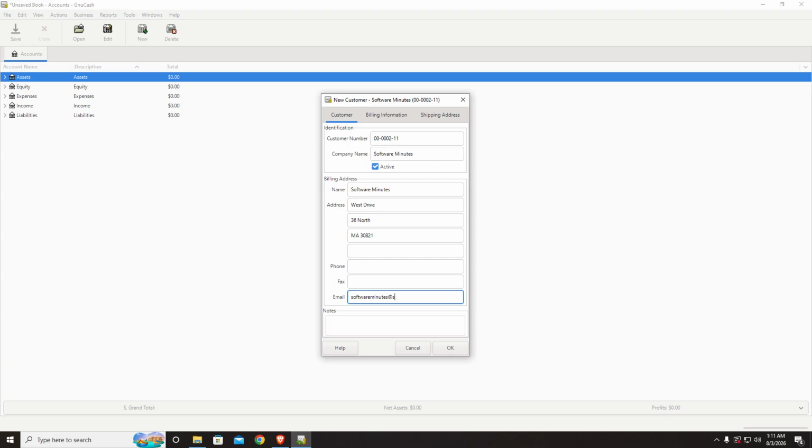If you have any additional information or special notes about this customer, you can optionally add those details in the notes section. This might include payment preferences, delivery instructions, or any other relevant information that will help you manage this customer relationship better. Once you've filled in all the necessary fields and double-checked that everything is accurate, click on the